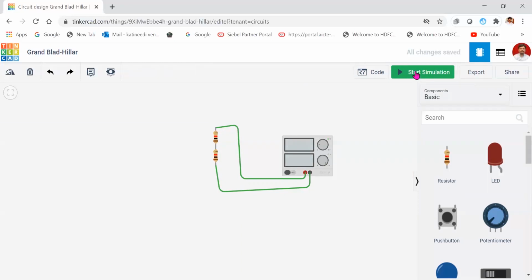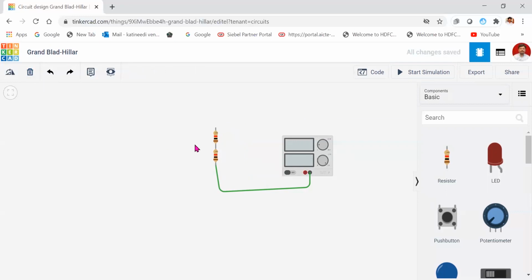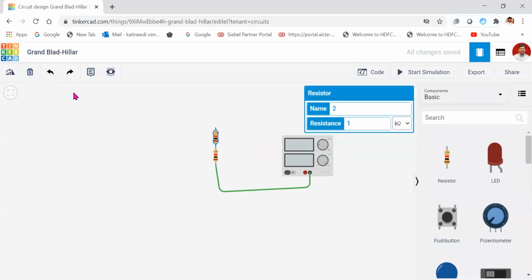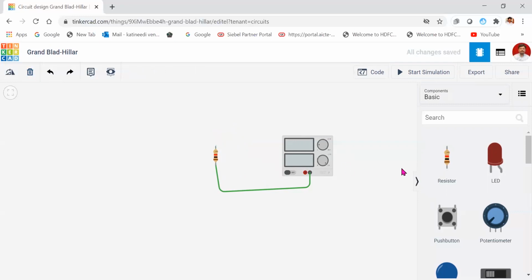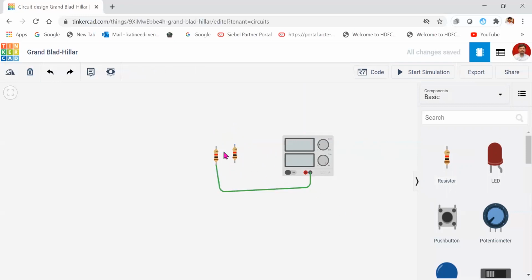Again, stop simulation. Again, remove this wire with the delete button, and delete this resistor also. Next I am taking one more resistor, same 1k. Here this 1k resistance and the previous 1k, both I am connecting in parallel.